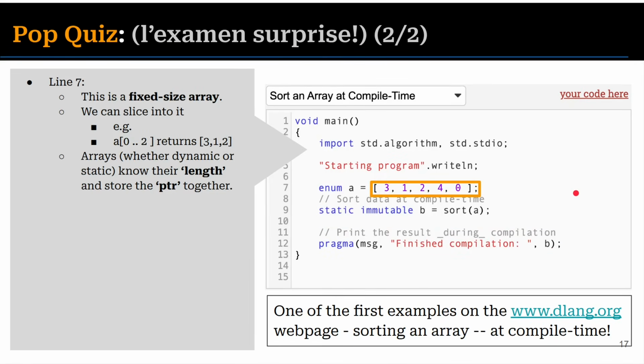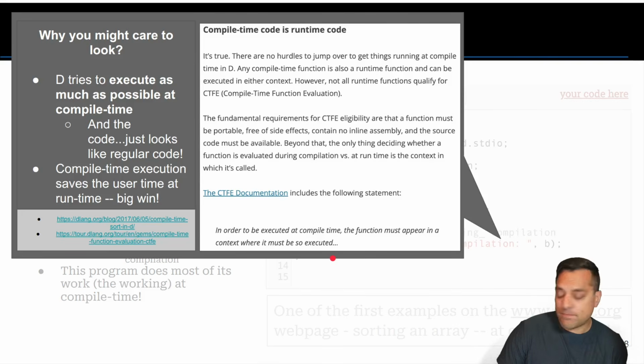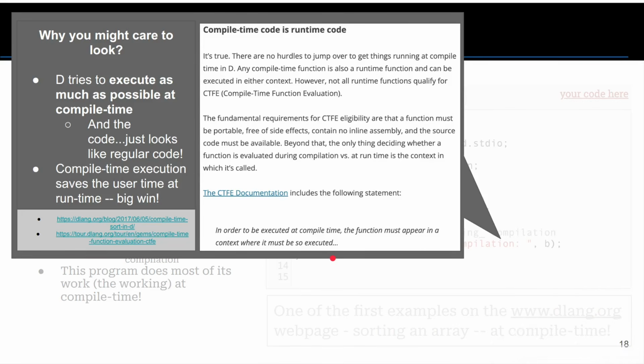And we've got other things here. D does a neat job with arrays. There are dynamic arrays. There's also fixed size arrays. And you always have dot length and pointer together. This is a big deal in systems programming because this helps us prevent buffer overflows. Okay, we always know the size of our arrays. They don't decompose into pointers when we pass arrays into functions like in C. We always know length and pointers. Sometimes we call this a fat pointer, so to speak, because it's always got these two attributes associated with it. Okay, and I talked a little bit about the compile time programming here.